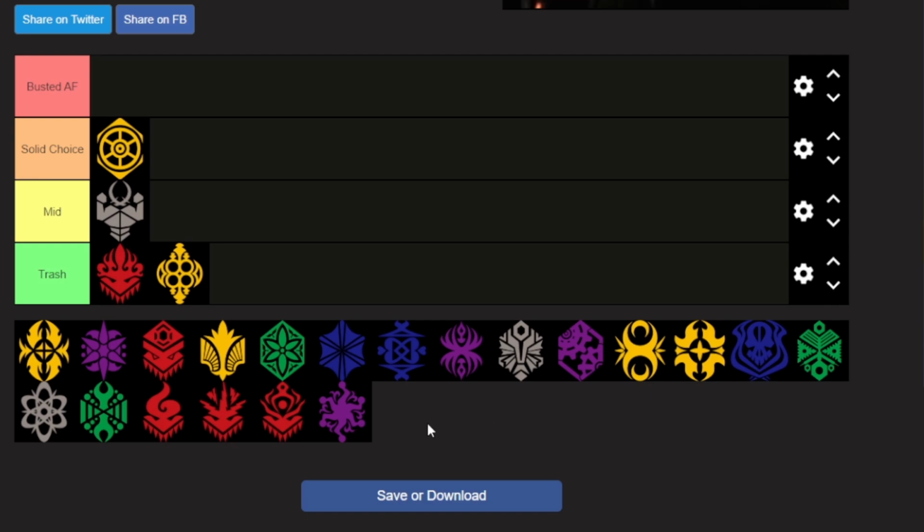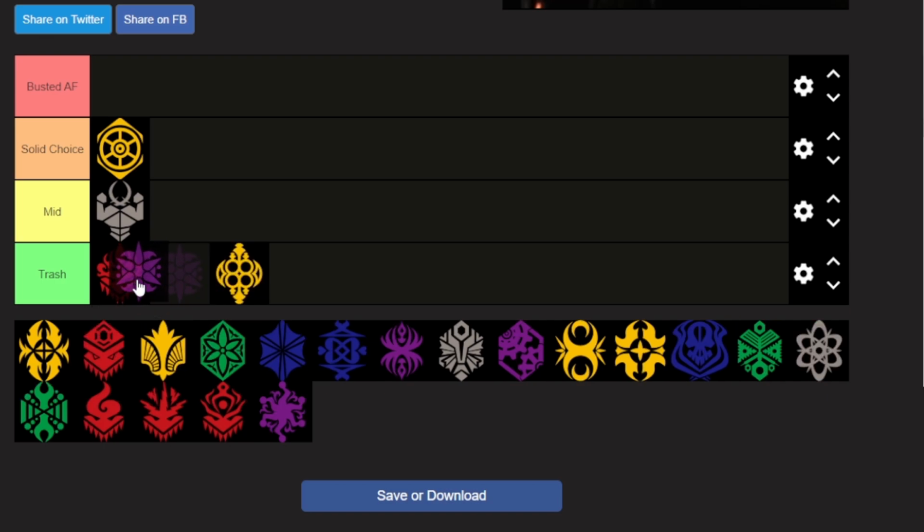I don't know if I want to put you in mid or trash. I think I'm going to put this in trash, but I'm going to put it above OTT. Spike Brothers' biggest issue is that there are a lot of better Force clans that do its job better. Yes, you have some funny shenanigans with Dudley, but really outside of that, who is playing Spike Brothers